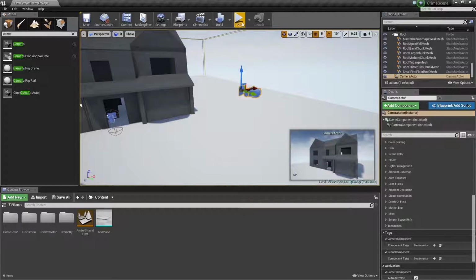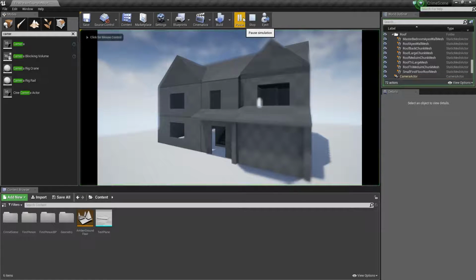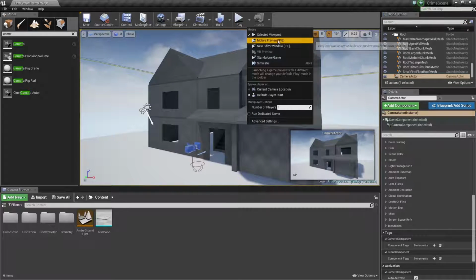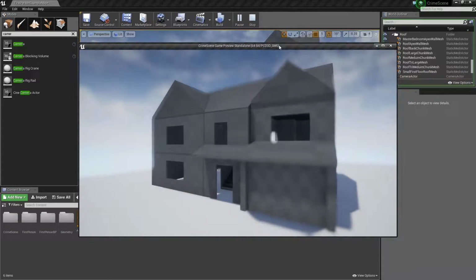Close that down. So if I press play now, obviously the depth of field's a little bit out on it, so we'd have to play around with that. But we can actually render this now. So if I just stop this and go new editor window,